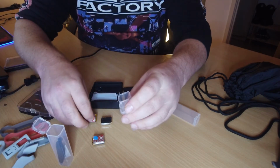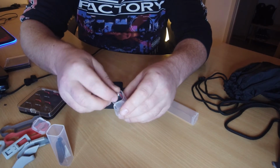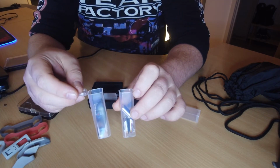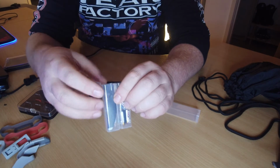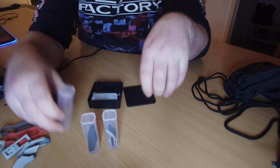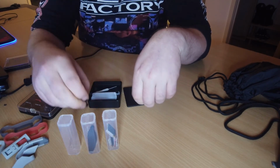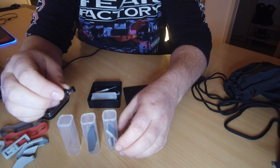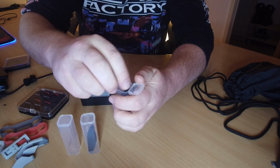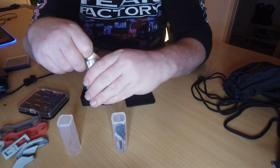Now let's get that out of the way. Now I put them 2 together, fit them in, and I can fit that one in, and there's still loads more room, as you can see. So these little 18650 vape battery holders are absolutely brilliant for holding all your gear, all your propellers, your screwdrivers, your screws, your spare joysticks for the Mini. All of them go in there like so, and it's just good to keep all your bits together, especially your propellers,